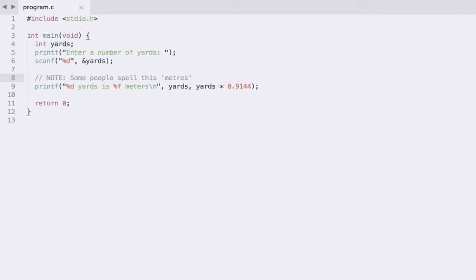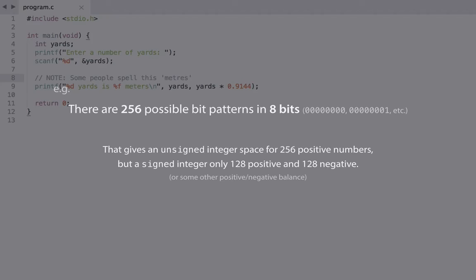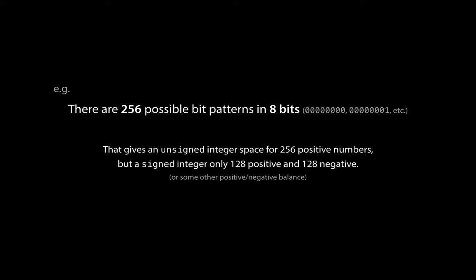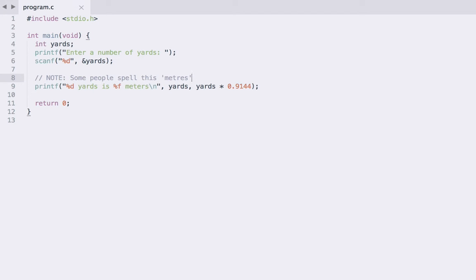If you're changing a variable from signed to unsigned, because you're going to use the same number of bits to represent that number, if you make a variable unsigned, you can express a higher magnitude of numbers, so you can represent bigger numbers, but you can't represent those negative numbers. Similarly, if you're switching from an unsigned variable to a signed variable, then the magnitude of numbers you can express goes down. You can express less large numbers to accommodate those negative numbers, which you have to express in the same number of bits. Now, if you're wondering how negative numbers actually get expressed at all in binary, well, there are a number of solutions, but in modern machines we usually use something called 2's complement, which you can look up if you're interested.